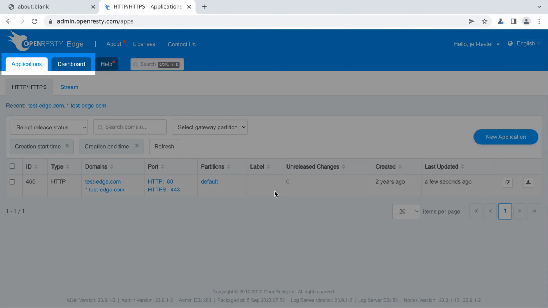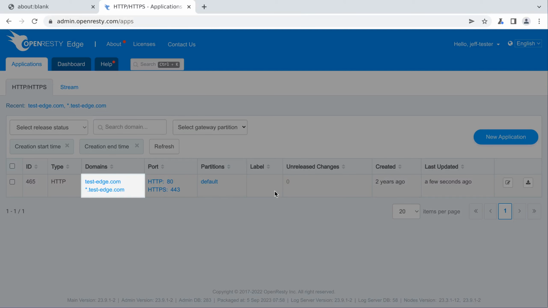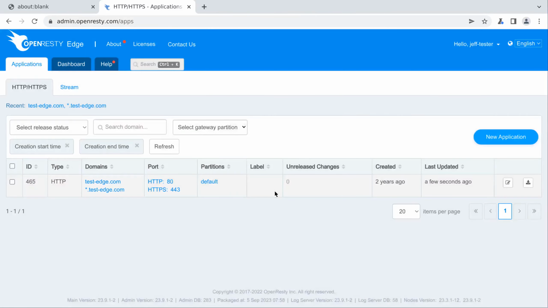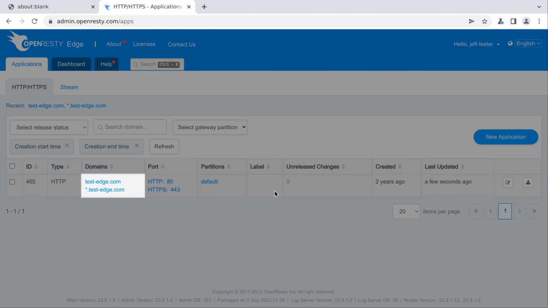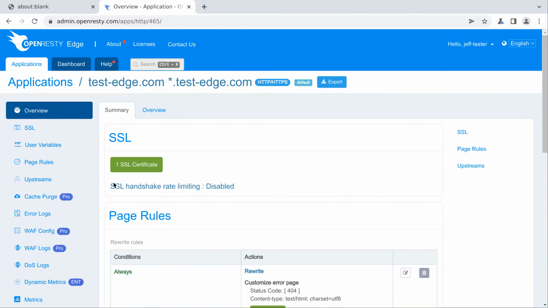After signing in, we can see that there are only two tabs available here. Tabs like Gateway Cluster and Global Config are not accessible for this normal user. There is only one application this user can see since we just set the access right. Enter the application. You can see there's no release page on the left side, due to the setting for permissions.